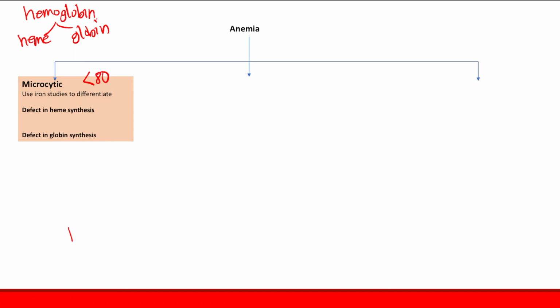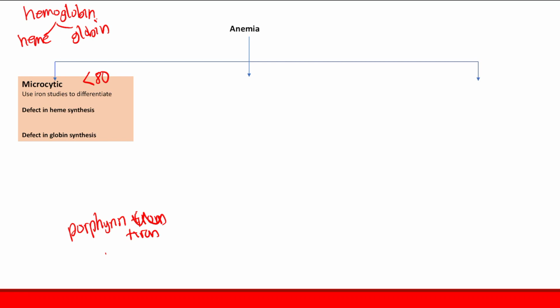So what were problems in heme synthesis? Remember that heme was made out of porphyrins plus iron. So if you have a problem in either iron or porphyrin production, you're going to get a problem in heme synthesis. So things like iron deficiency anemia and anemia of chronic disease cause decreased iron. And remember that sideroblastic anemia and lead poisoning cause decreased porphyrin production. Remember there were problems in the enzymes along that pathway that I showed you. So that's it for the problems in heme synthesis. So iron deficiency anemia and anemia of chronic disease, and then for the porphyrins you get sideroblastic anemia, lead poisoning,